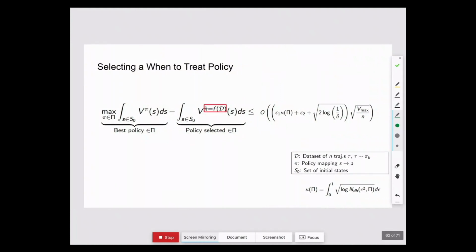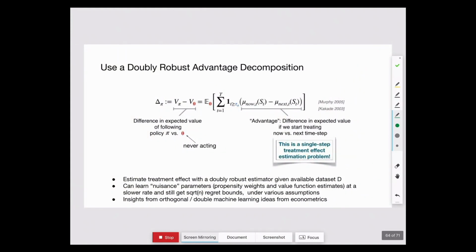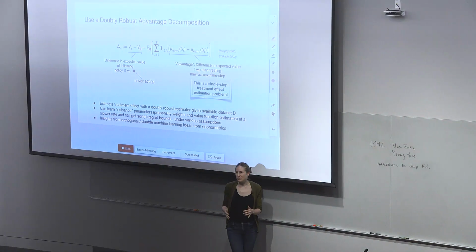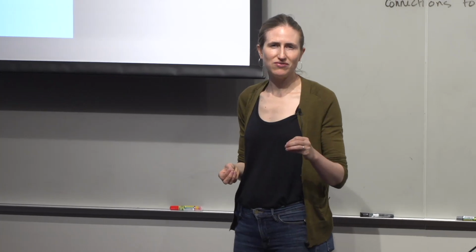And I will just very briefly say that the insight for this is to look at this decomposition of how much better it is to treat now versus later. And one of the things that has been really exciting for me is that it is leveraging techniques from semi-parametric statistics, which I think machine learning people are starting to think about more now, and the econometrics people are thinking about machine learning for these types of techniques. And I think it has this really interesting idea of nuisance parameters, which is we don't really care about the importance sampling weights. We don't really care about our parametric estimates. We're using those to try to select policies or to estimate treatment effects.